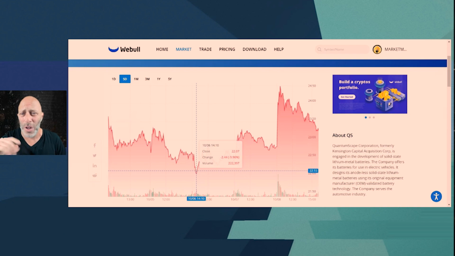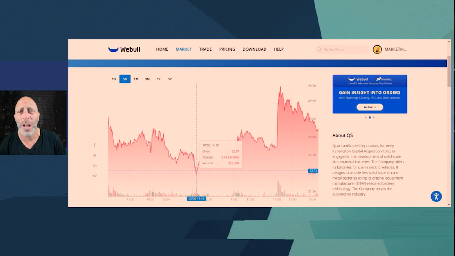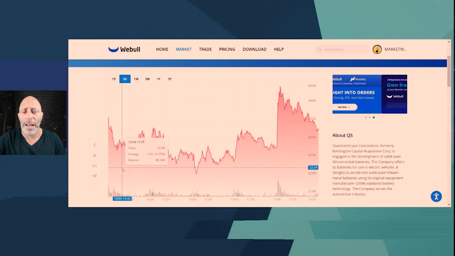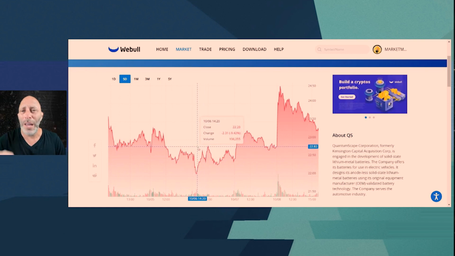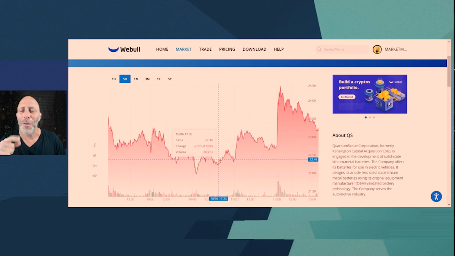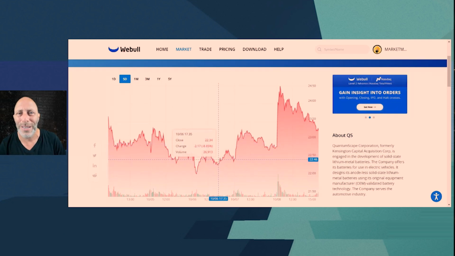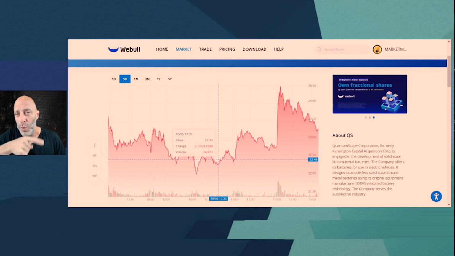So I missed calling the bottom by about 10% or $2, but I did a good job and I was happy thinking that when it goes back up, which you can see happen right here, I will be making money. So I went from being not profitable to being profitable, and then it went down here for me being not profitable again. So when I talk about the lesson of riding the elevator, when you ride it up, you're like,